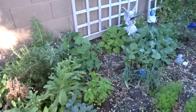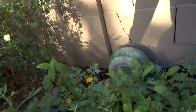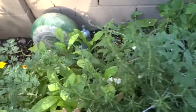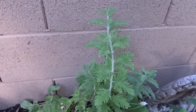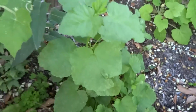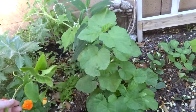And there should be, let me see if I can get back here, should be some wormwood as well, but perhaps it has gone dormant. Oh, there it is, right there, in with the calendula. There we go, there's the wormwood. We have a Russian sage, which is not really sage, and a Mexican sage, and some squash coming up. Rosemary, more calendula, that basil. These are mostly like vegetables and stuff like that, so they're not nearly as exciting